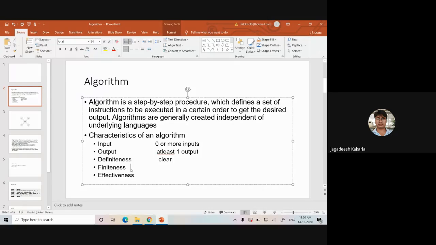Is it clear? Your mother has asked you to prepare tea. Then you should finish it in 10 minutes. Or your mother has asked you to prepare an omelette. You should complete it in 10 or 15 minutes. You should not take more time. Am I right or wrong? So every algorithm should complete its execution in a finite amount of time. What is that finite? Whether it is 1 hour, 2 hours, 5 minutes, or less than 1 minute, that does not matter, but it should be finite.